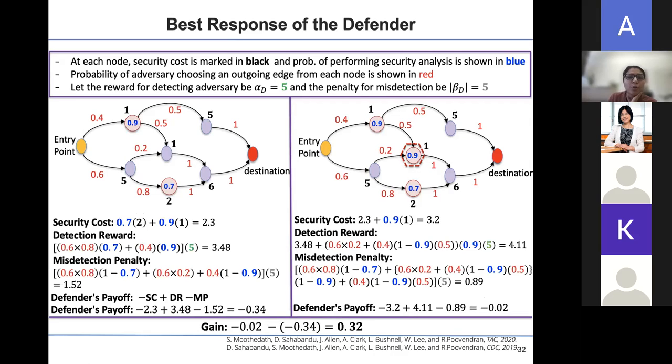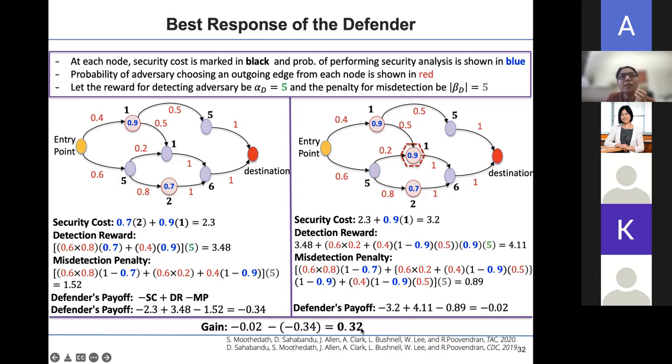In this second case, I'm showing the same thing using a bigger set. So here I have a bigger set. In addition to 0.7, I also have this node as my security checkpoint. If I calculate my defender's payoff for this setting, just like we did before, I'll get a value of minus 0.34. And now I added the same node, this node marked in hexagon, to this bigger set. I calculate the payoff of the defender for this selection of security checkpoints, and I get minus 0.02. So the incremental difference is minus 0.02 minus minus 0.34, which is just 0.32.